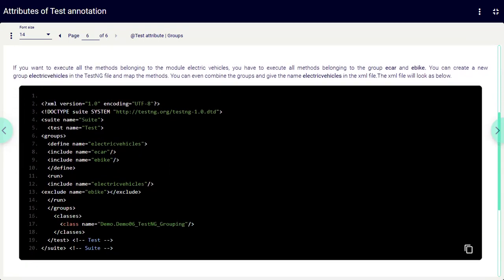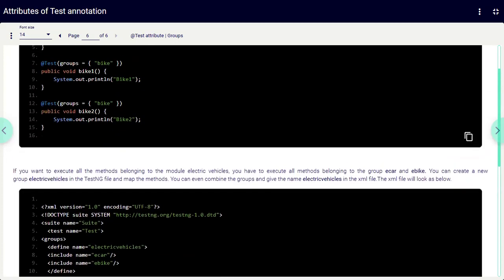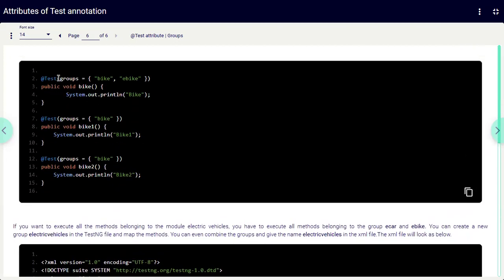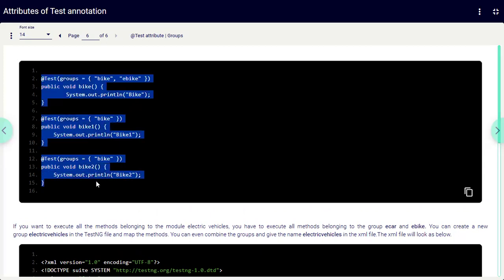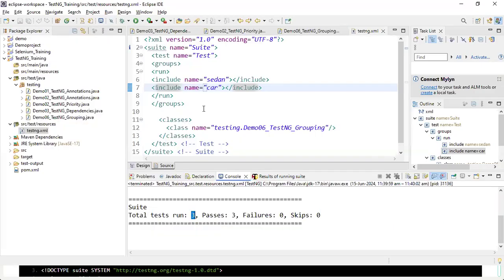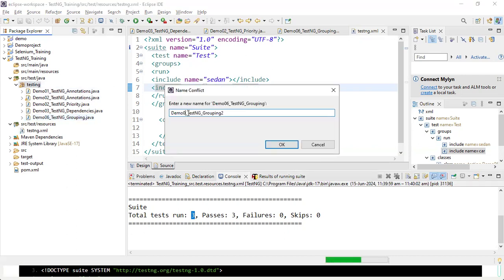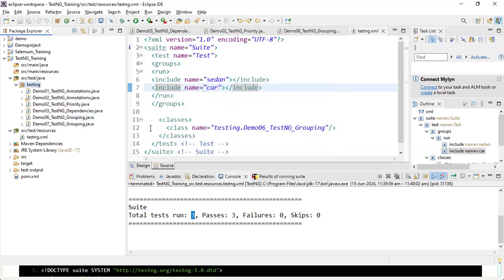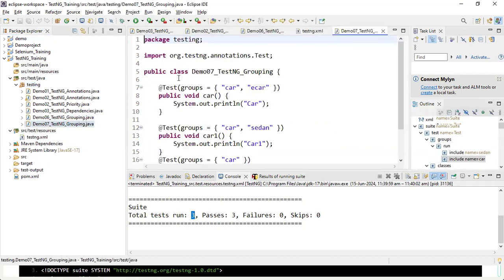You can check one very important point here. What is the meaning of this line? Let's first create one test class, then you will get a clear picture. What is my requirement? Here we have created one more file, like demo7 TestNG grouping. You can finish it. So this is one test